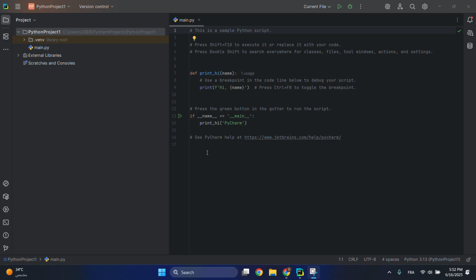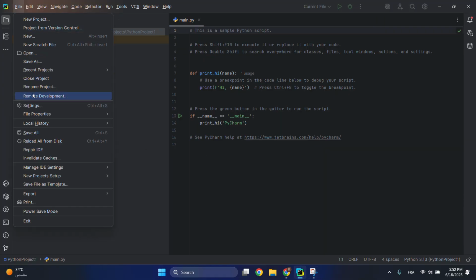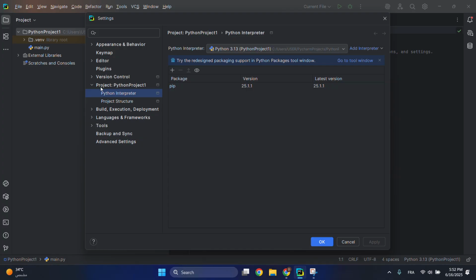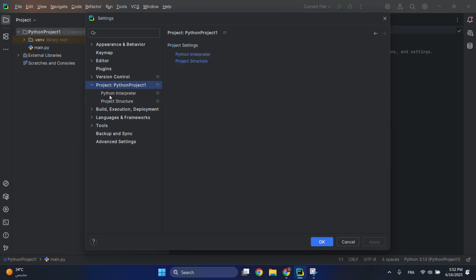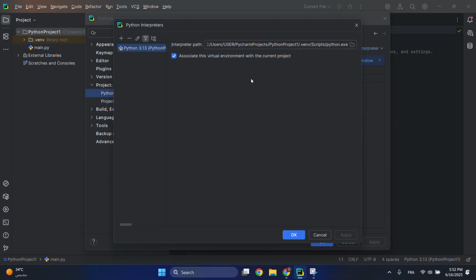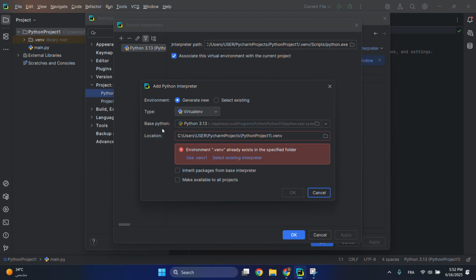Everyone. So in today's video, I'll be showing you how to add Python interpreter into PyCharm. So all you have to do is just go here to settings, click here on the settings option, choose it, and then go to project, choose Python interpreter, and then all you have to do is just click on this arrow. And if you have Python interpreters, you can switch between them, or all you have to do is just click show all, and then click on this plus option, add local interpreter, and then just go